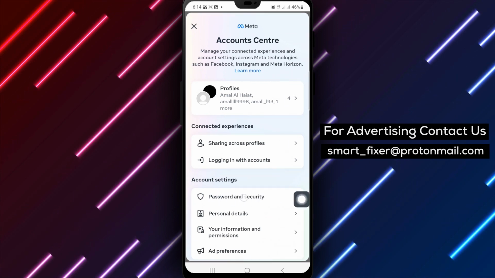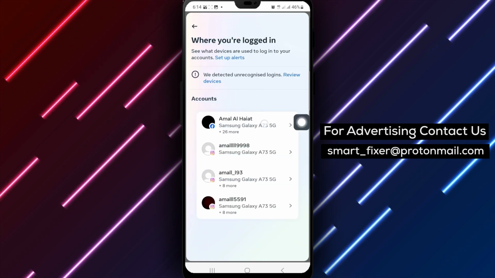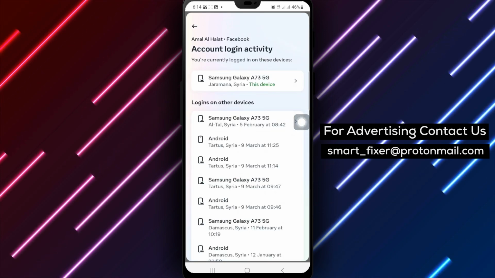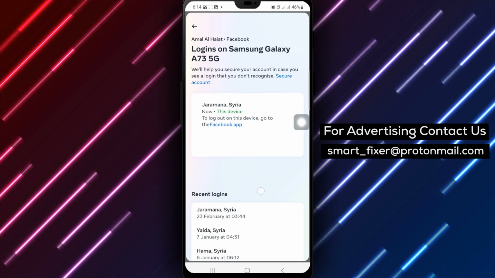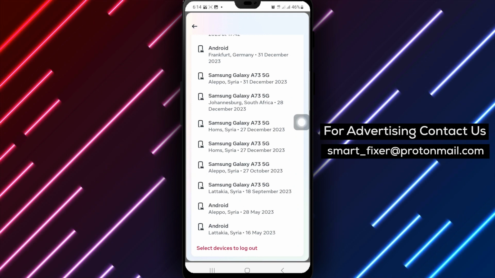Select where you're logged in to view the devices where your account is active. Tap on Select Devices to log out. To log out of all devices, tap on Select All. Finally, tap on Log Out at the bottom of the screen and confirm your action to log out of Facebook